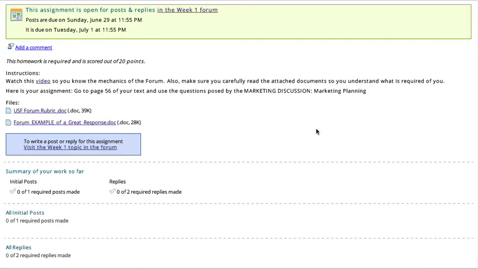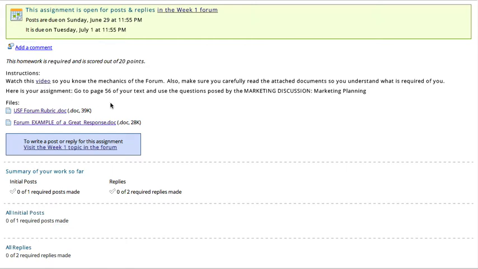When you open up the assignment, you'll see this. At the very top, you'll note the due date for the first post and then a due date for the second. The first post, remember, is your response to the article or the question posed in the forum, which I'll get to in a second. The second one is your response to another student or students, as required by the assignment. Always remember, the points are right here, the instructions, and note the watch this video, and here's the link for it.